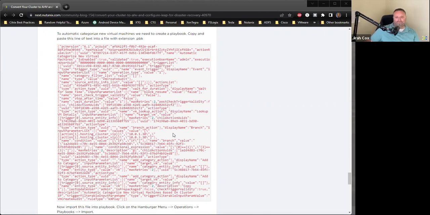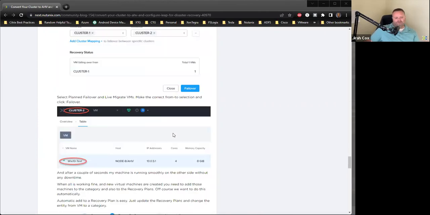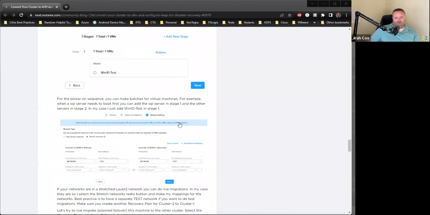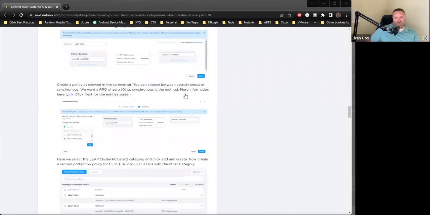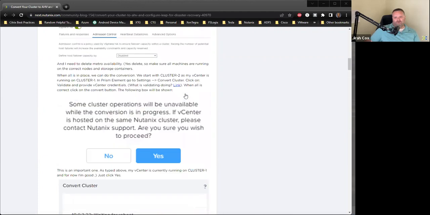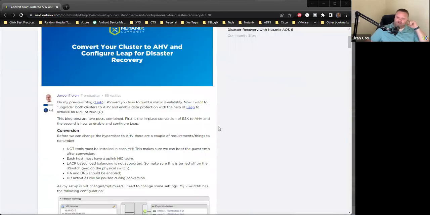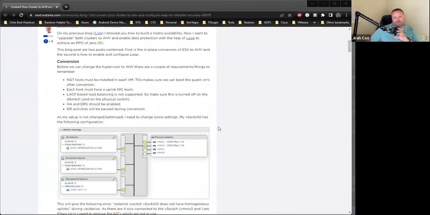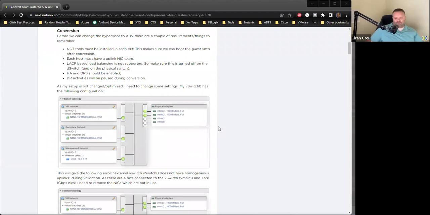So we can get going. He calls out, before the conversion, and this of course is all in the documentation, some of the prereqs around what we need the cluster to do to prepare to be converted at the hypervisor level. The first one would be NGT, the Nutanix Guest Tools, which goes into each VM. And the key portion of that is that it also does some driver injection,